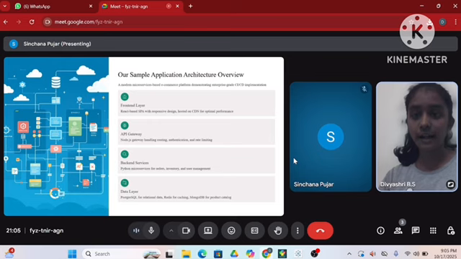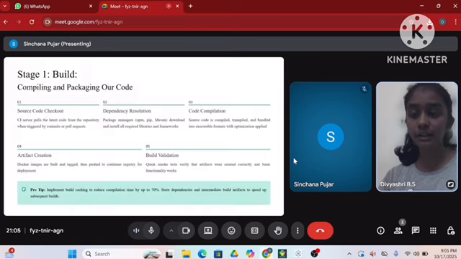Now coming to the next slide, the build, that is step 1, build, compiling and packaging of the code. The first step is the source code checkout, where the continuous integration server pulls the latest code from the repository when triggered by commits or pull requests, and dependency resolution, where package managers like npm download and install all required libraries and frameworks. The code compilation, where the source code is compiled, transpiled and bundled into executable formats with optimization applied. Now coming to artifact creation, where Docker images are built, tagged and then pushed to a container registry for deployment. And build validation, where quick smoke tests verify the artifacts were created correctly and basic